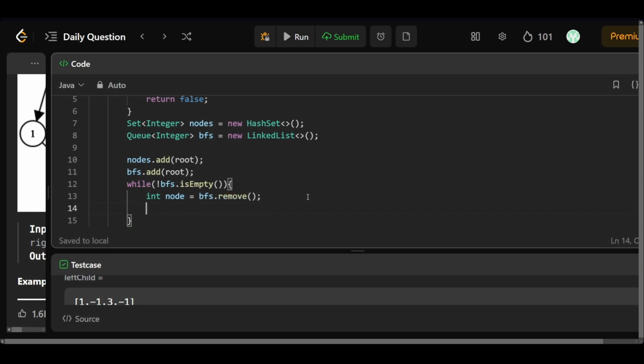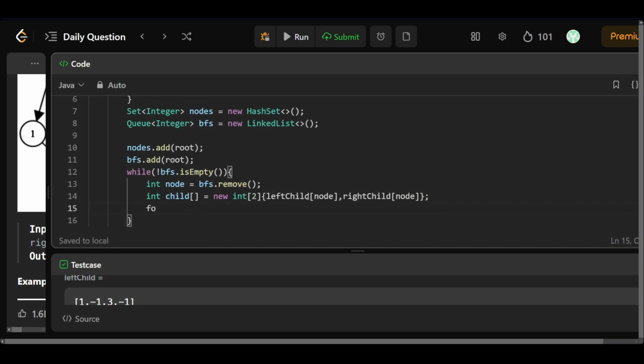Then we'll create a children array, of size 2, equal to new int of size 2, with the left child of the node and then the right child of the node. Let's call it children, not child. And for each child in children,